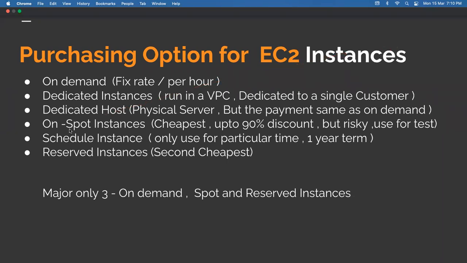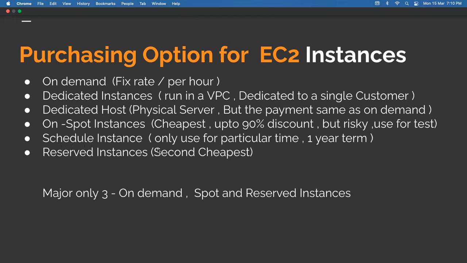Spot instance is the cheapest, and we get up to 90% discount, but it is risky because if there are price hikes from AWS, it takes back the spot instance within 2 minutes.